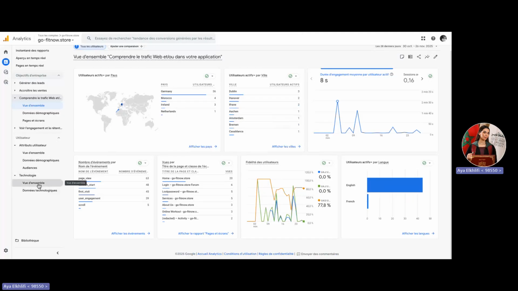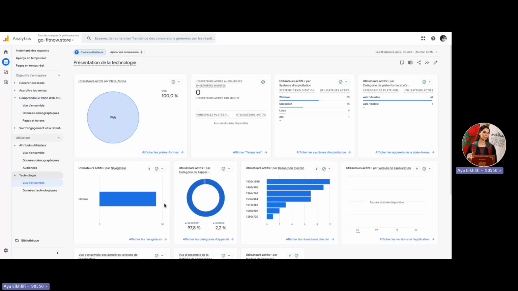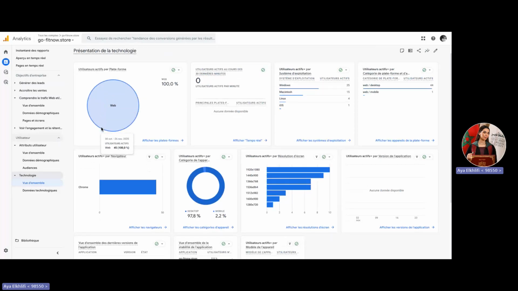Finally, let's delve into our technology. This page provides a complete overview of the technology used by my website visitors, and it helps me understand how people access the platform and which technical environment I should prioritize. Based on this data, I can see that 100% of my traffic comes from the web, meaning that no one is using an Apple or alternative platform.